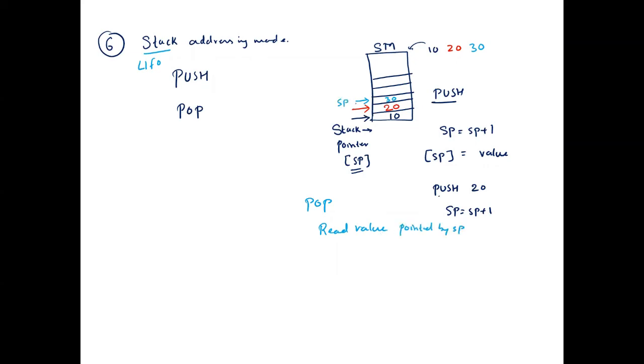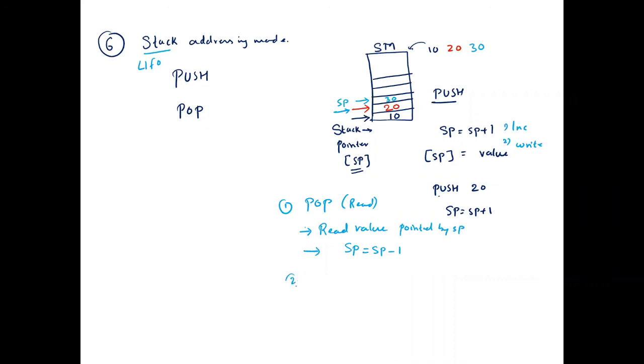SP was pointing here, so it will read the value 30. After reading, the SP value will be decremented by 1. In the push operation, it first increments and then writes. Here, it first reads and then decrements the pointer.